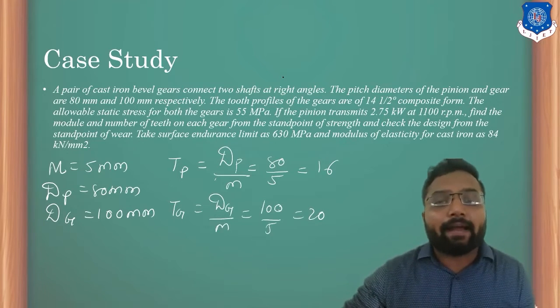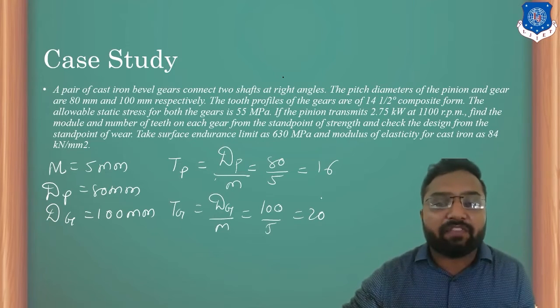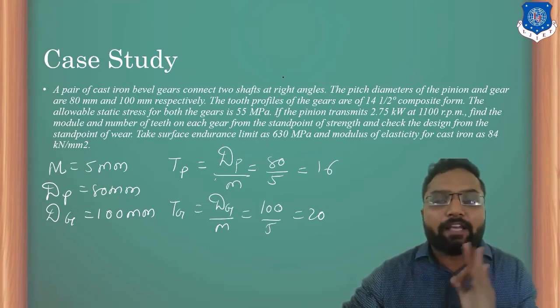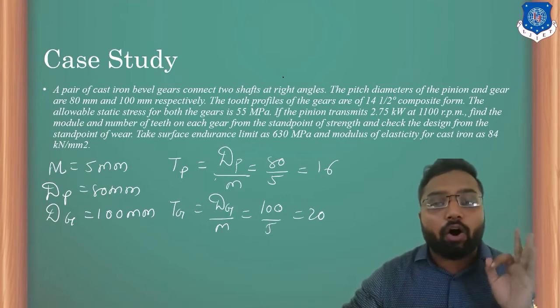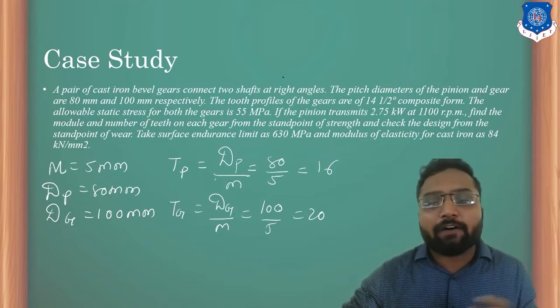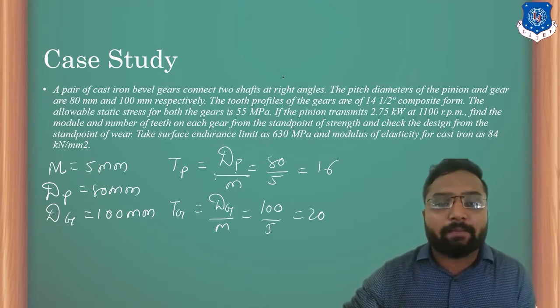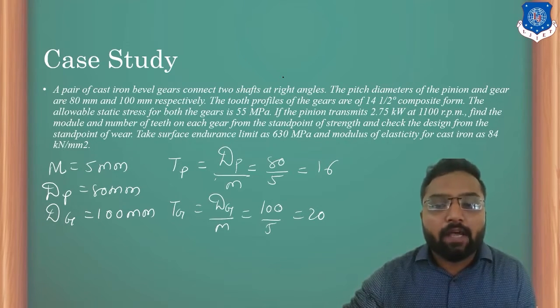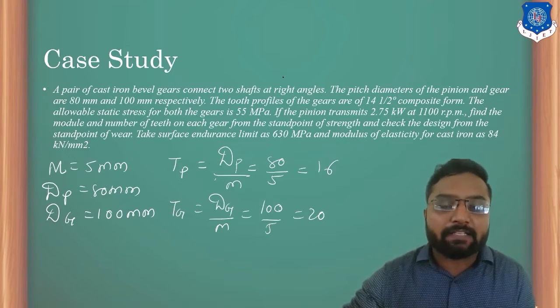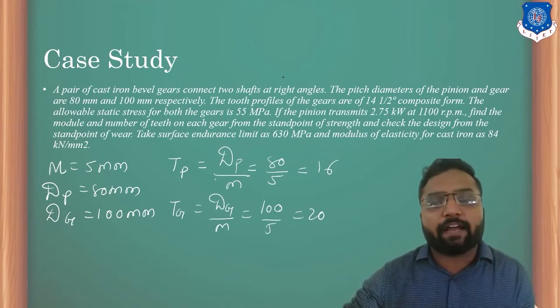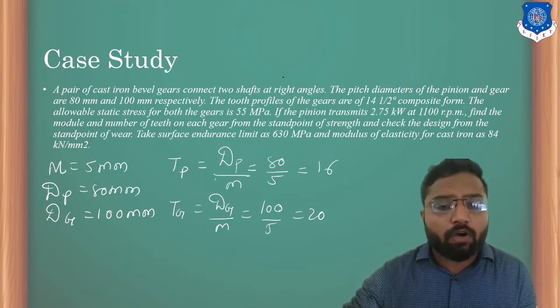So here, depending on the module, we have found the number of teeth on the pinion and gear. In the last lecture, we found our value of module. How? Depending on our thrust load. How did we find that thrust load? Thrust load depending on the same material, where it has allowable stress, which is 55 megapascal. Now, in this session, after finding this, we have to find our wear load. So let's get into this. What will be our wear load?